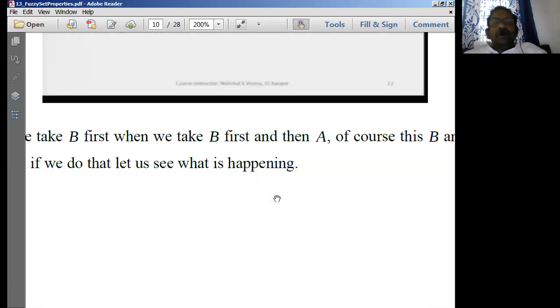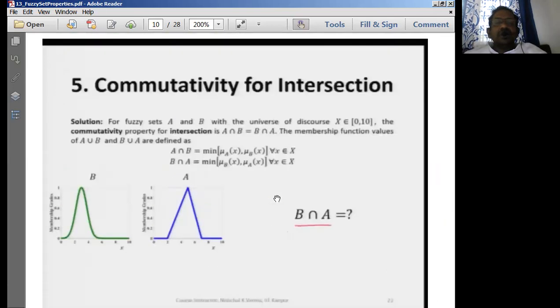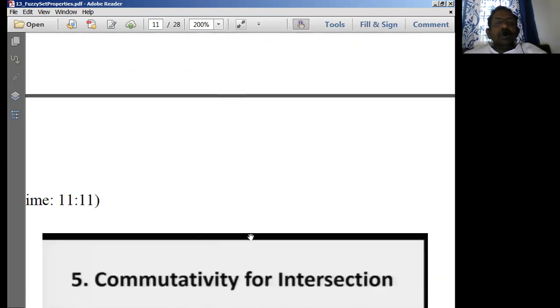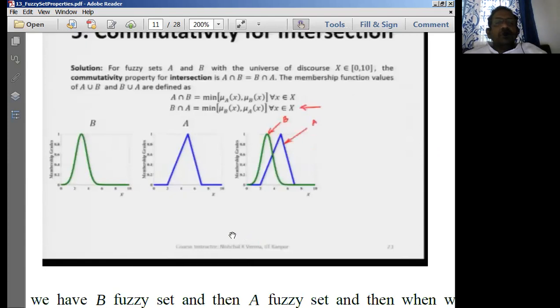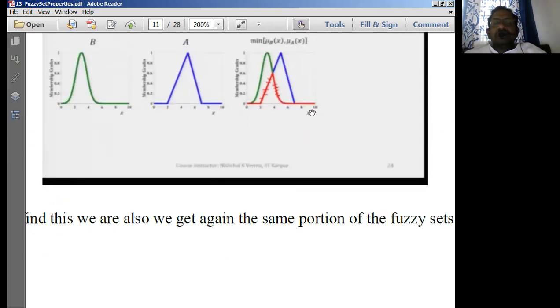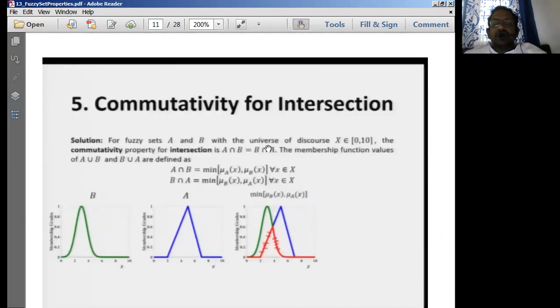Then after this, B intersection A, what about B intersection A? Let us see. Now B is going to be a Bell function and A is going to be a triangular function. Same relationship now. Criteria is the minimum criteria we're going to have. That means once again the criteria remains same. That means A is anyway less than B. So whatever A is there, that will be coming first, then B will be coming. So therefore, we simply get the same relationship here, which is the resultant integration of these two.